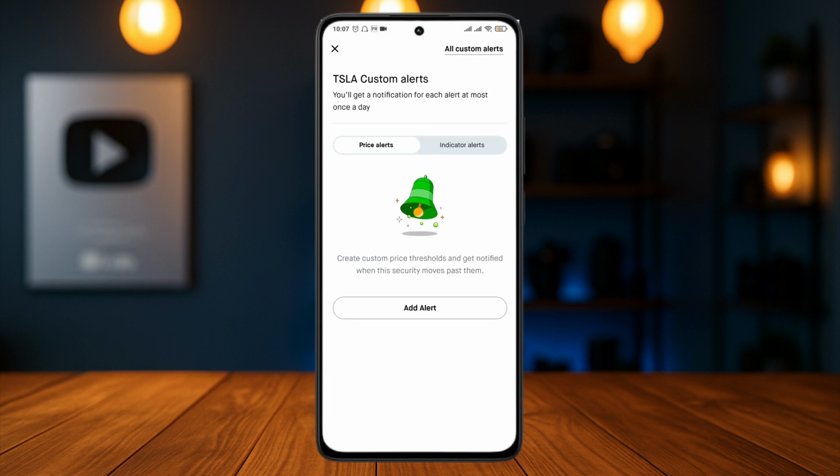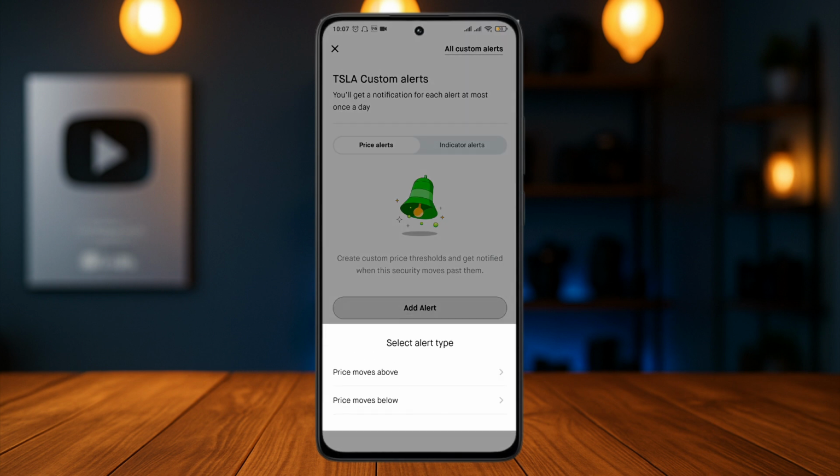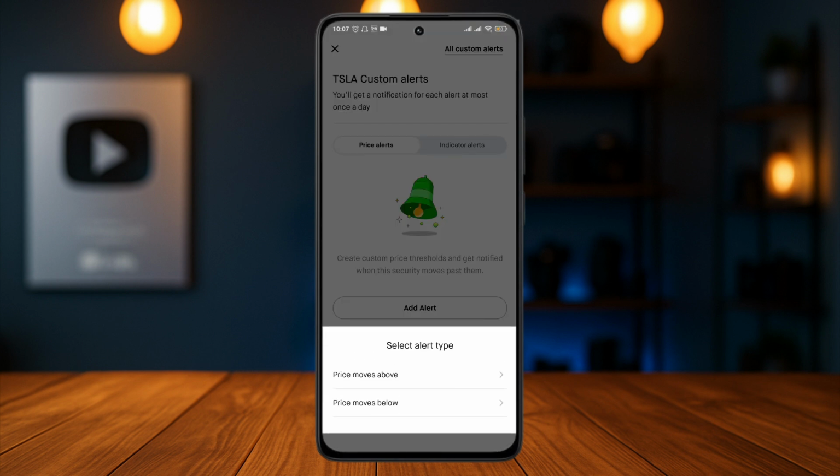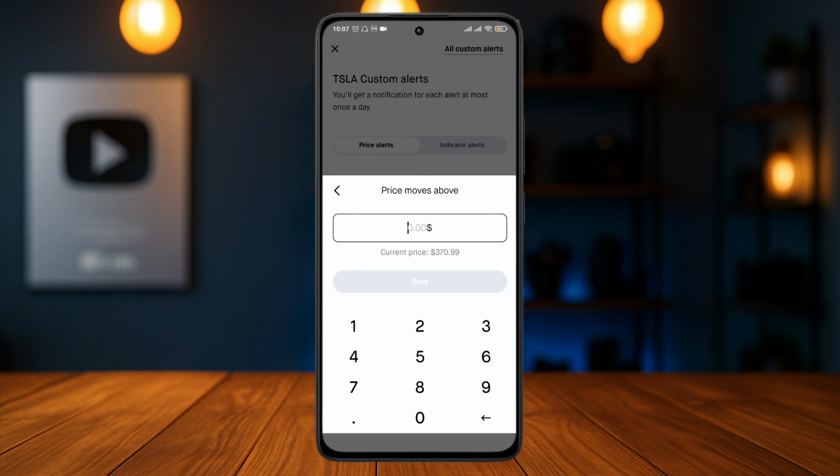Once you do, there are two sections to this, the price alert or the indicators alert. For this video, we're just going to go through the price alert option. Tap on the add alert button. Now you can add in alerts when the price moves above your desired trigger or when the price moves below it. So if you tap on the above option, it's going to show you the current price, and if you